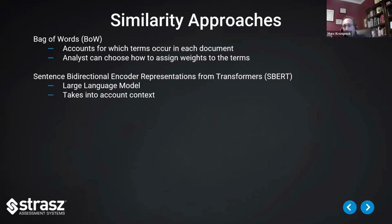We needed an alternative, one that could take into account synonyms, one that could consider context. And that's what led us to the large language model SBERT, sentence bidirectional encoder representations, which for the purposes of this presentation is a large language model and can appreciate much more of what's going on in the context of our test questions. But at the end of the day, for both of these methods, next slide,